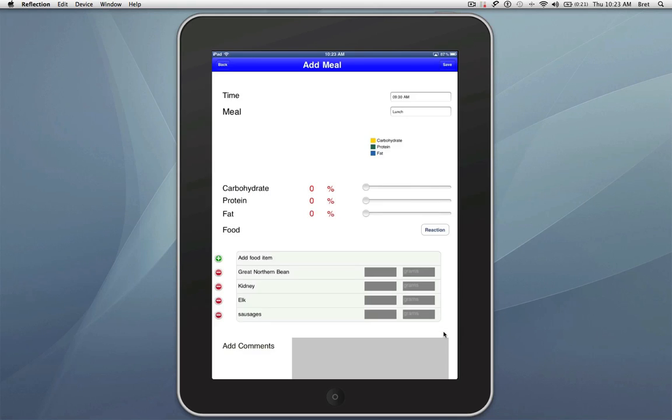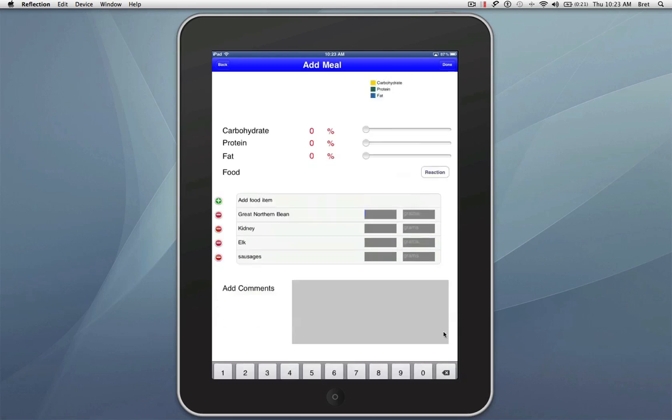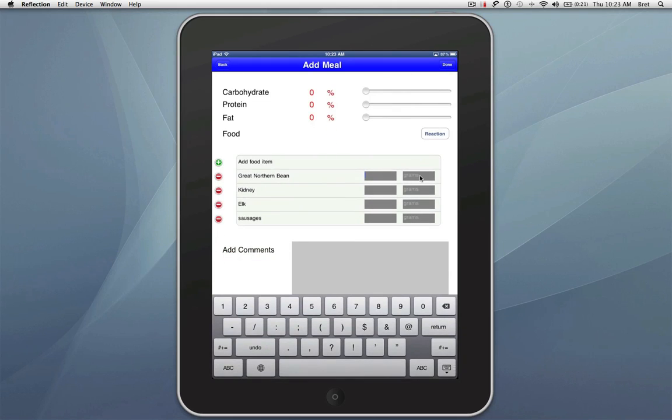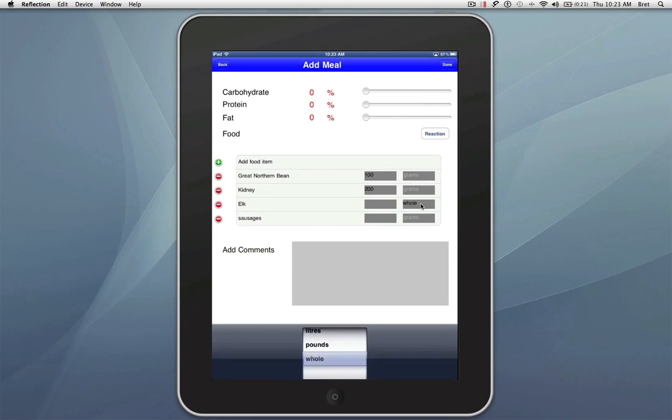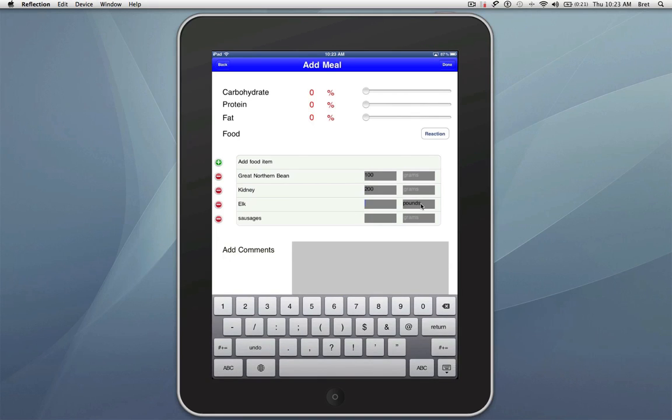We've put in all of our foods. On the right hand side you can see I've added these little areas here for those of you who want to put in grams and everything, just to understand exactly what it is that you're trying to achieve. So we're going to put in 100 grams of Great Northern Bean. We put in 200 grams of kidneys. And if we click on this little grams wheel, we've also got the option to put in something else. So for those Americans out there, we've put in pounds. So we put in 2 pounds, and we put in 2